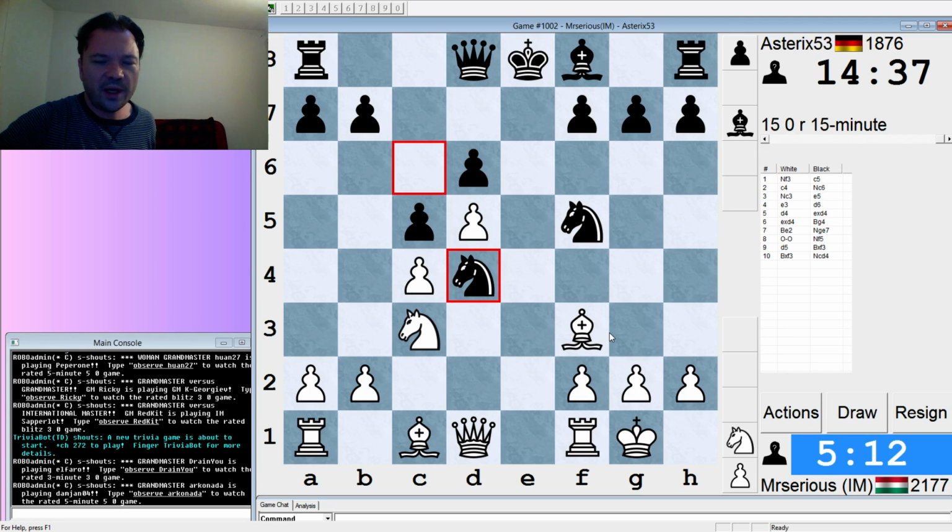He can just get away. If I play rook e1 check and bishop g5, he just castles. I want to play maybe bishop g4 or queen a4 check with this idea of bishop d1. Yeah, it seems a little bit